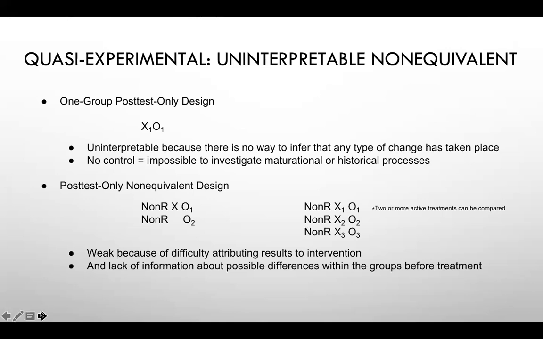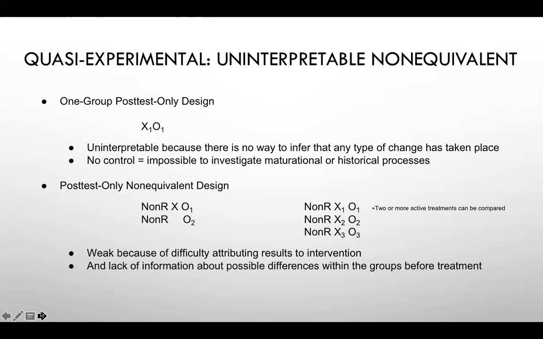So you're going to see multiple diagrams listed. When you see non-R, what that stands for is non-random assignment. The X is the independent variable or treatment, and the O is the observation. So for this one group post-test only design, you see that an observation is made on the dependent variable after treatment. It's impossible to interpret with this